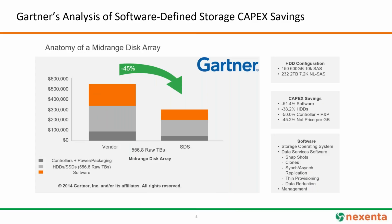I'm sure you've all seen these types of slides from Gartner, IDC, and other analyst firms: storage cost is growing exponentially over time. Your budgets are not. How do you deal with that? Well, one of the challenges I've seen with that over time, and that we see all the time with Nexenta,